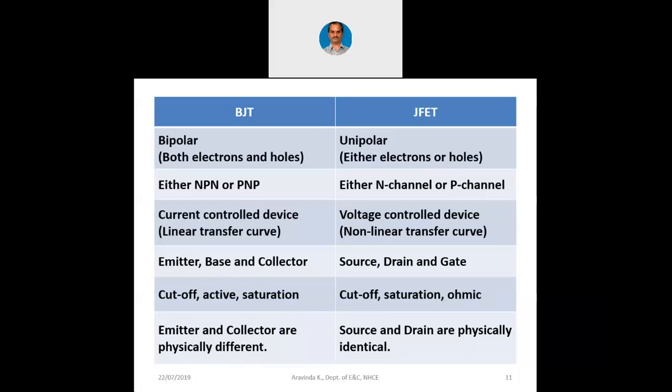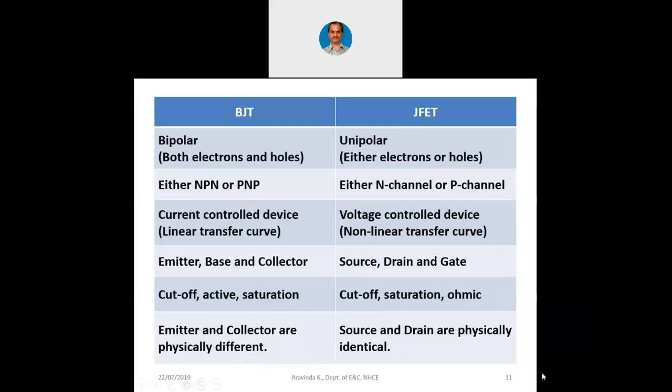This you can try out when you come back to the college, in the lab, in an experiment. When you connect a transistor, after the experiment is over, you switch off the power supply and connect the transistor in a reverse way. Wherever collector is there, connect emitter. Wherever emitter is there, connect collector. Again you switch it on, the circuit will not work properly, because emitter and collector are physically different, they cannot be interchanged.